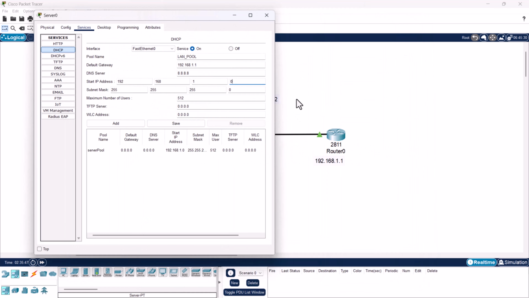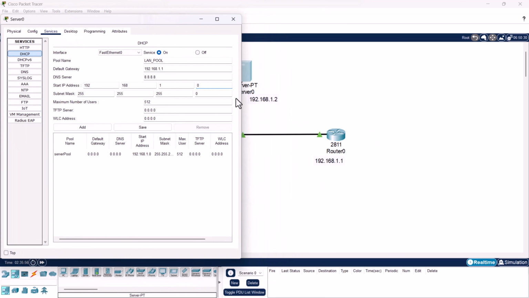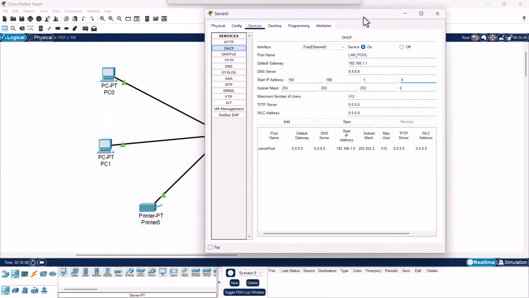Like I mentioned, one of such would be the router, because you don't want this IP address to be changed once you assign it to a router as a gateway address. And you wouldn't want the DHCP server's IP address to be changed as well, so that also should be assigned manually, and that should be a static IP address. As for our printer, that also should be a static IP address, because as network administrator we don't want our printer's IP address to be changed or to be dynamically assigned by the DHCP server,